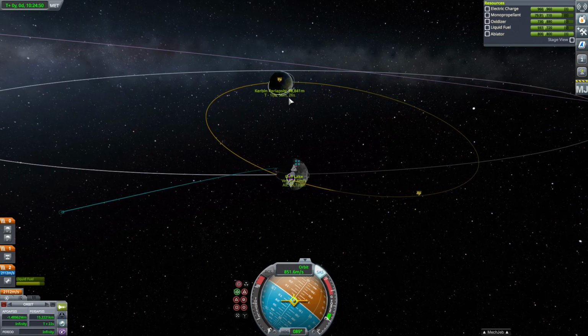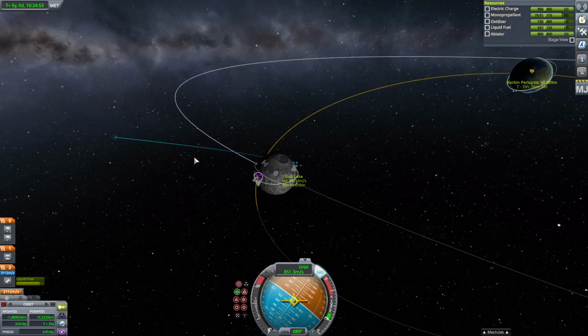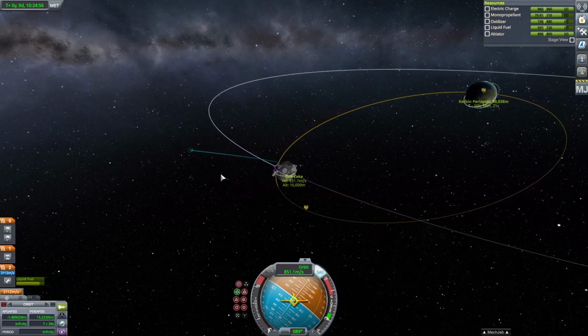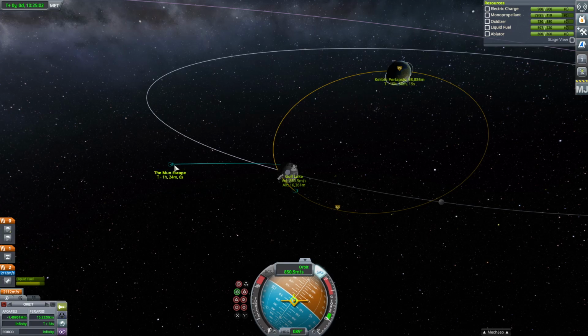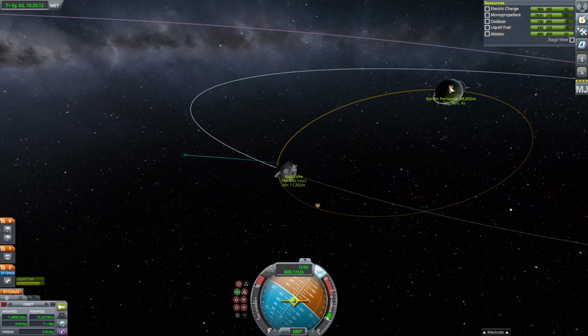All right. So right now, we have an escape trajectory, moon escape. Great title for a movie, I would suppose. Once I get done escaping from the moon, I will be under the influence of our home planet here, and this is what my trajectory is going to look like afterwards. So right now we have a periapsis height of around 60 kilometers, and that will bring us down into the atmosphere, and we'll have some atmospheric effects on our spacecraft as well. So that's pretty cool. But I think we should just go for it and go really low and have the atmosphere slow us down